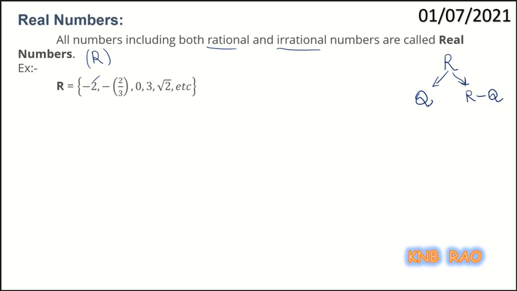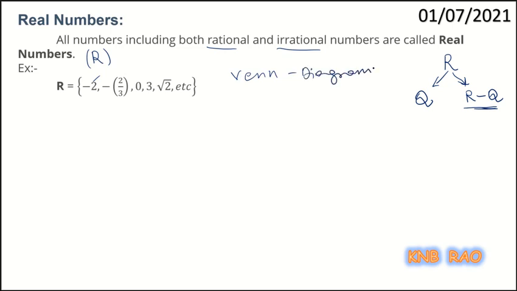Rationals are represented with the letter Q, and irrational number set does not have any special symbol, but in a logical way take away all rationals from real number set. This is a notation for irrationals. Now, let us go for Venn diagram, okay,